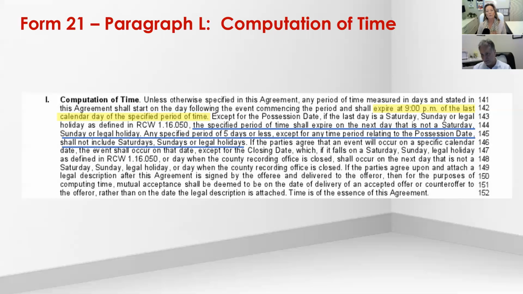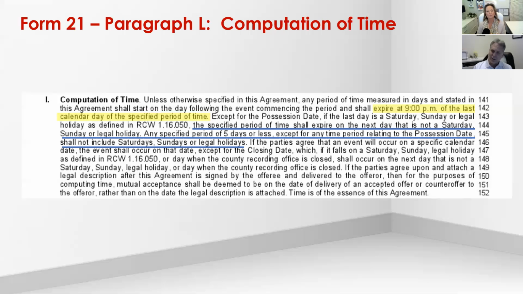Right. So if we do an example of that, let's say day one is Thursday, and there's 5 days in the computation of time. So we hit mutual on Wednesday. So Thursday, Friday, Monday, Tuesday, Wednesday. So that's where it could be 7 days, even if it says 5. Right. If it's 6 days, Thursday, Friday, Saturday, Sunday, Monday, Tuesday. Correct. That's how 6 days can be shorter than 5 days. Exactly. It's fascinating.